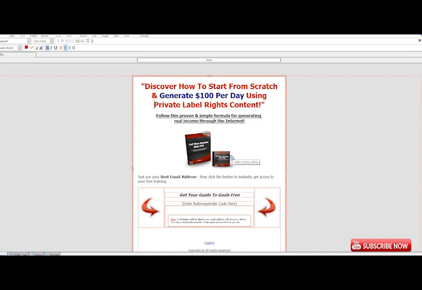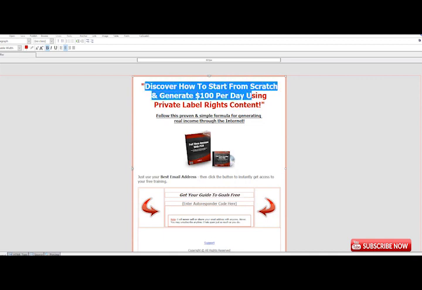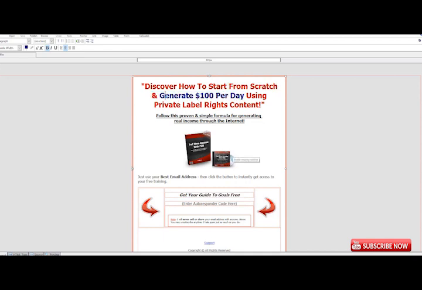So the first step within Composer is we just need to change this template so it fits your business. So discover how to start from scratch and generate, let's say, generate income online using, and you could say private label rights. I'm going to just keep mine here because this seems to work well. Generate $100 per day. So discover how to start from scratch and generate $100 per day using private label rights